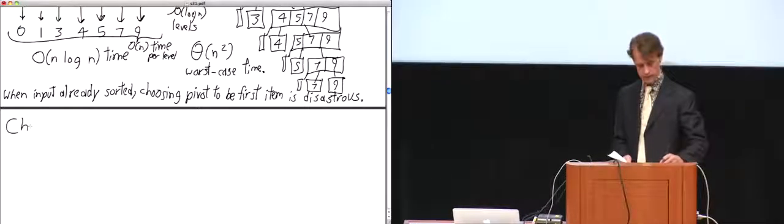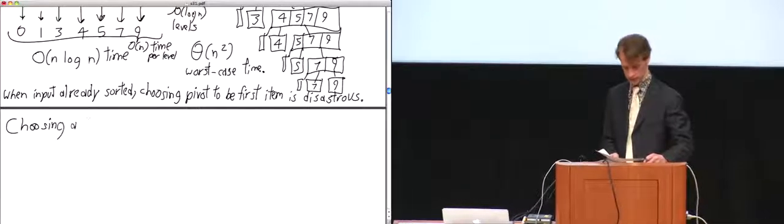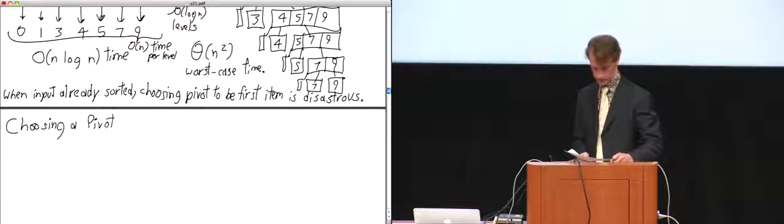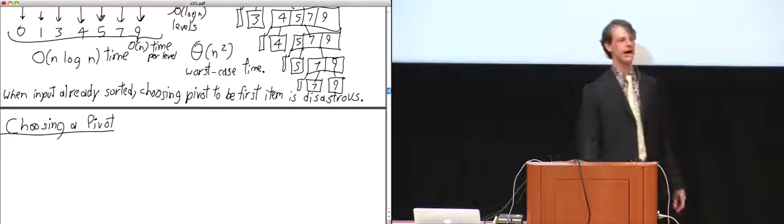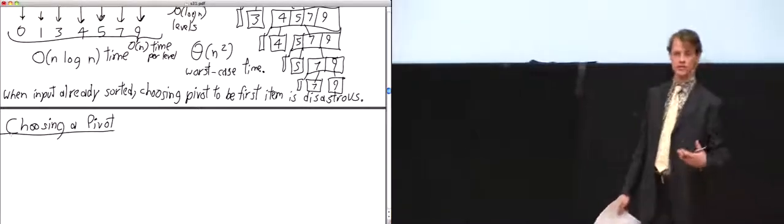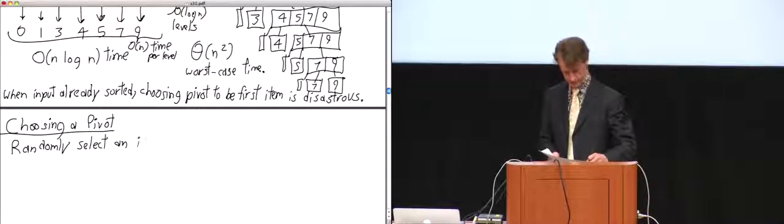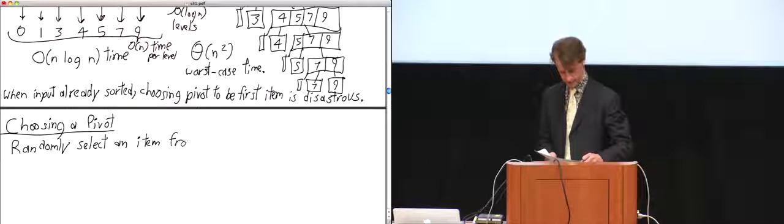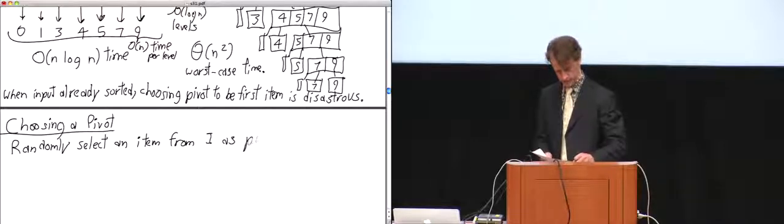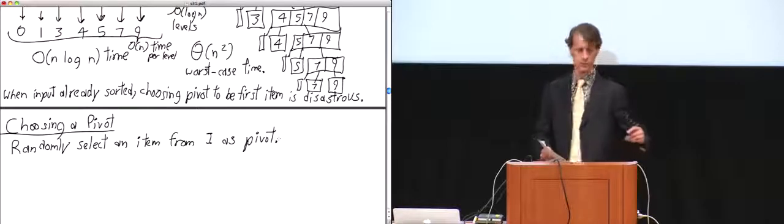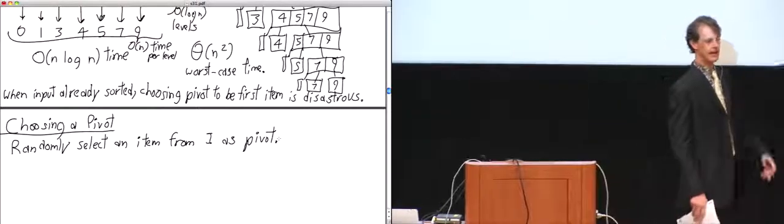So I want to talk about how to choose a better pivot. The answer might surprise you. Researchers have tried lots of things, and the time-tested thing that works really well and reasonably quickly is to pick a pivot randomly. Flip a coin. It's actually really surprising how well this works and how it tends to work better than anything non-random that anybody has thought of.